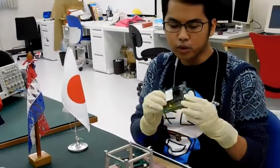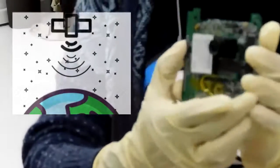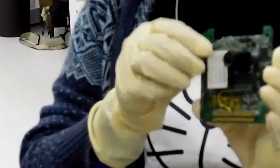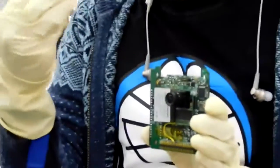For the camera mission, we are using a commercial off-the-shelf component camera, the OV5642. So, same as the other Birds projects, we are in a heritage of using the same camera. What it does normally is take photos from space, and we save them in a flash memory, and we downlink the data